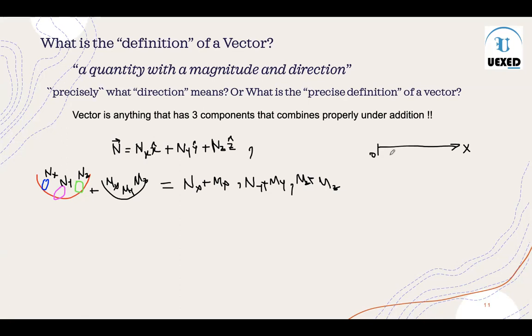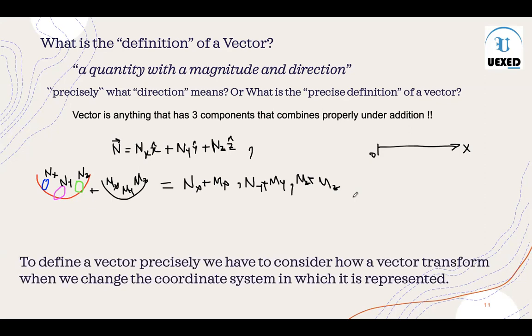Similarly, if the object is moving on a plane, just like the surface or roof of a building, we have to define a two-dimensional coordinate system. But if something is in air, we have to define a three-dimensional coordinate system. So it is very important to understand that we define a vector in a particular coordinate system. That's why we need to know about a property called transformation, and that's what I'm going to define precisely here.